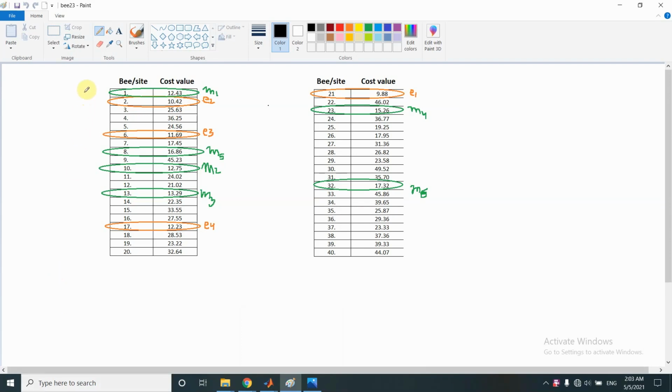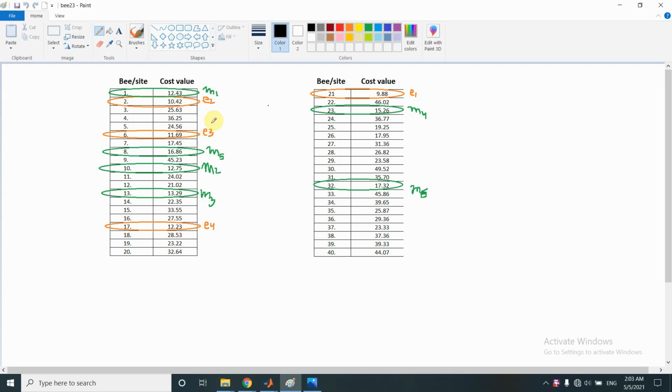So now let's say that the bees that went to 40 different sites came with the following cost values. Now, since our algorithm is for the minimization of the objective function, the best cost would be the least cost. That is, the lower the cost, the better the site. So these are the 10 sites that we selected, which are encircled, and among those the 4 best sites are selected as elite sites.